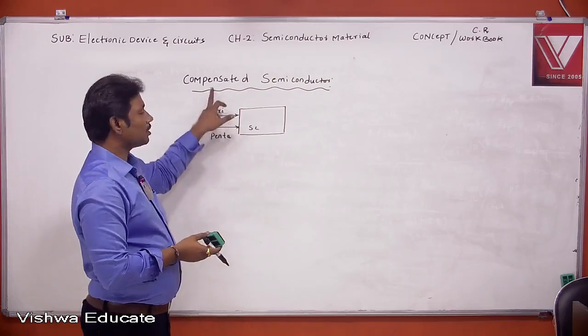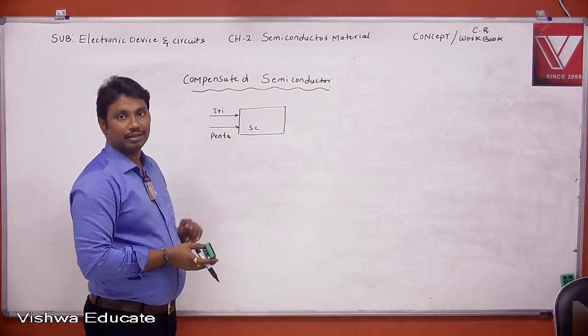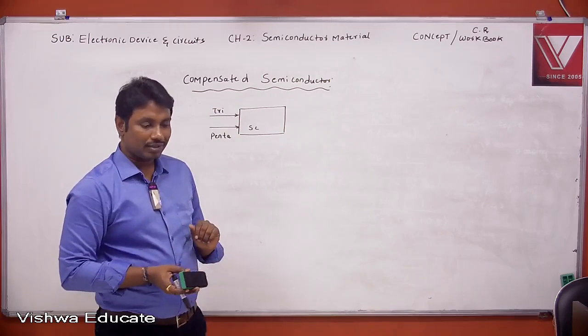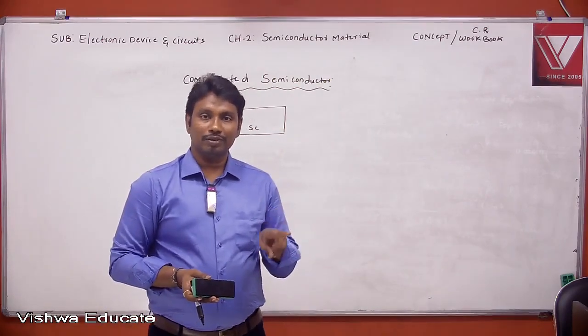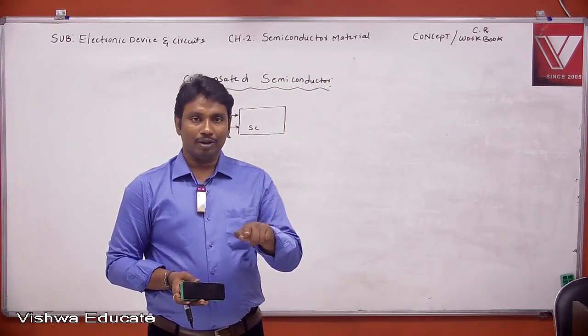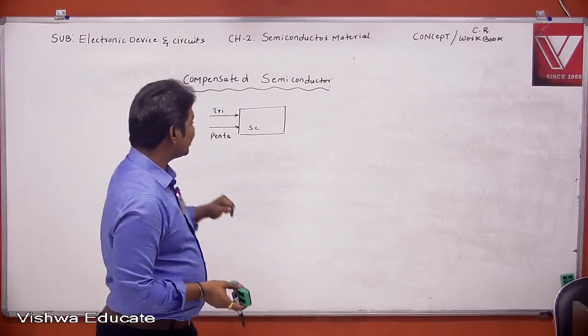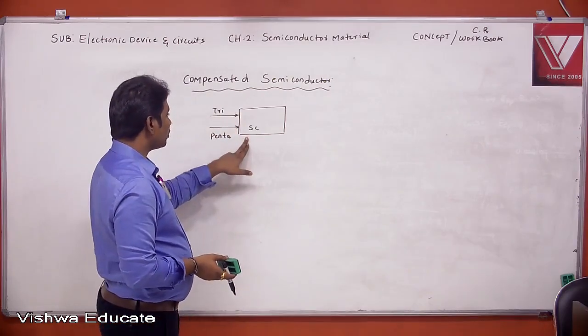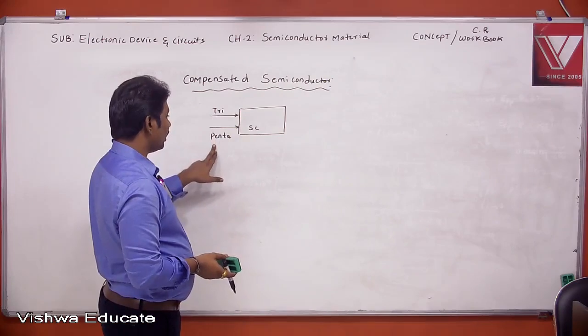Such a semiconductor is called a compensated semiconductor. Up to now, what we discussed is a semiconductor doped with either trivalent or pentavalent. Now, my semiconductor is doped with both trivalent and pentavalent,